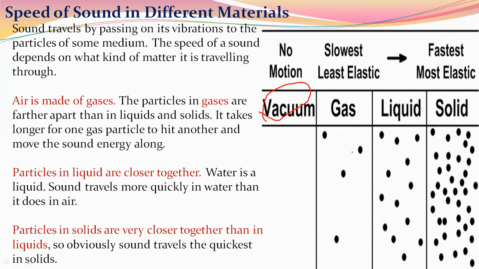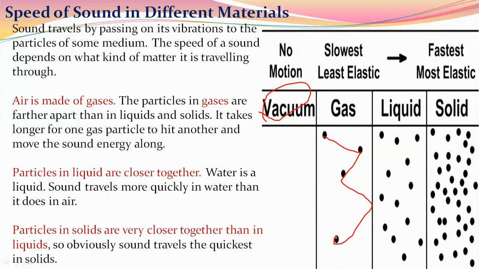So it takes longer for one gas particle to hit another particle and then another particle. It takes a longer time. So it means it loses more energy, as it needs to pass its energy on to other particles. If it has to cover more distance to move to another particle, definitely it will lose more energy. So in gases, sounds die very quickly, because energy is lost by